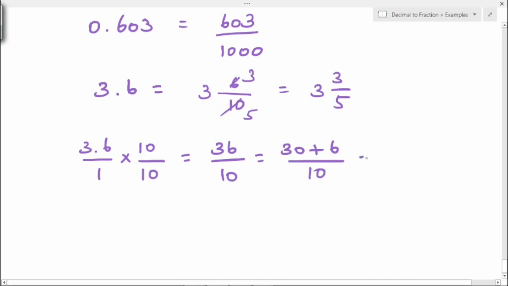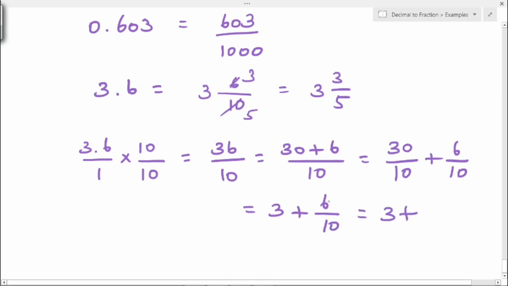So this can be written as 30 divided by 10 plus 6 divided by 10. What is 30 divided by 10? That is 3, plus 6 by 10. So 3 plus 6 by 10, if you simplify you will get 3 plus 3 by 5, which can be written as 3 and 3 by 5. So the same answer. This is method 1